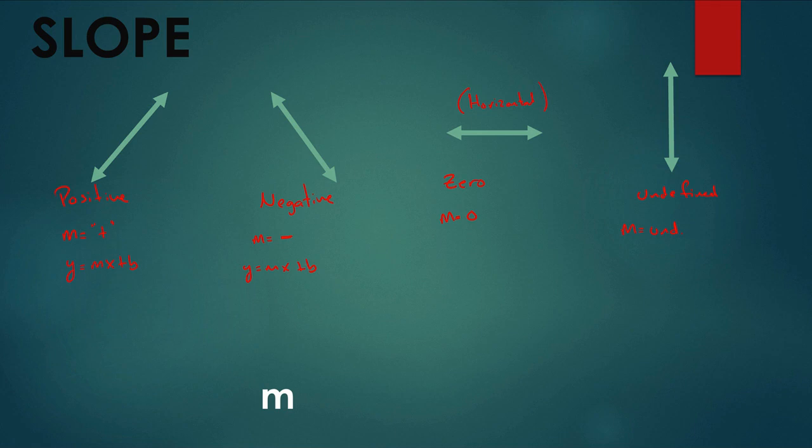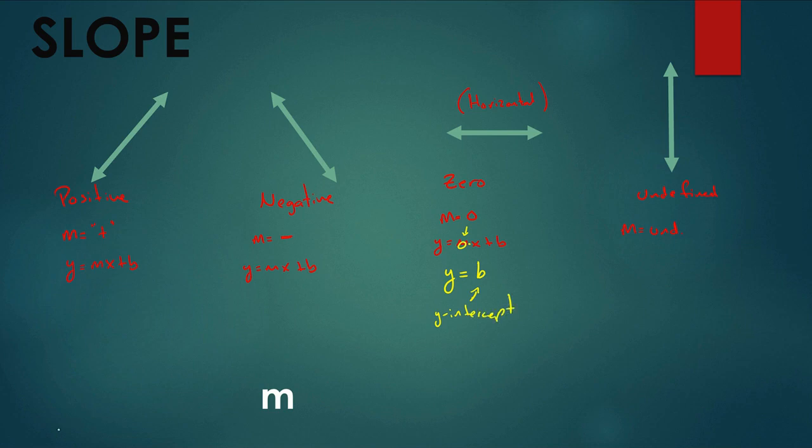Now the equation for horizontal lines, or zero slope, or horizontal slope, think about it this way, right? So if we start with y equals mx plus b, right? So even if we start there, if we know my slope is 0, what's 0 times any number? It's always going to be 0, right? So in this case, the equation for horizontal lines or for a slope of 0 is going to be y equals and then that b. And we'll talk more about that b, but really it's going to be y equals and then a number. And we'll just say here, that is your